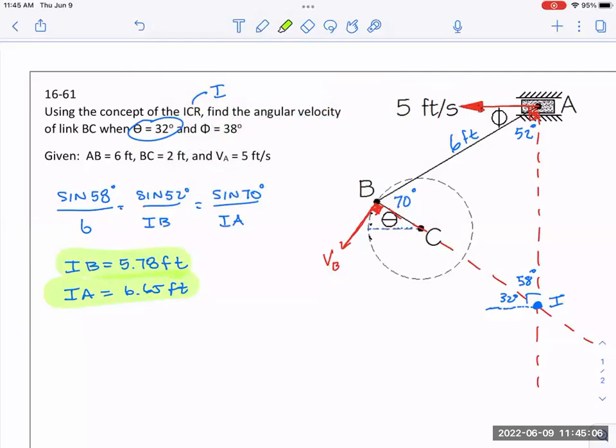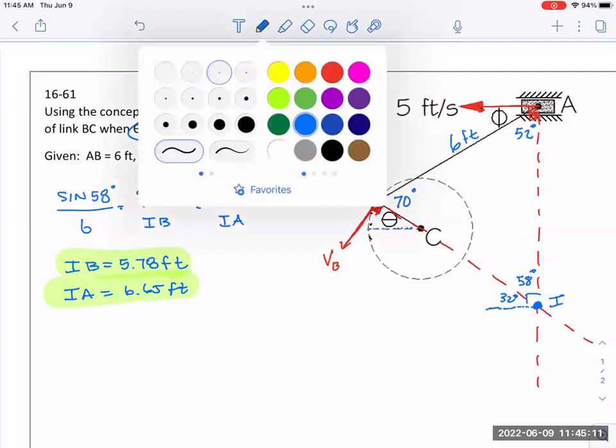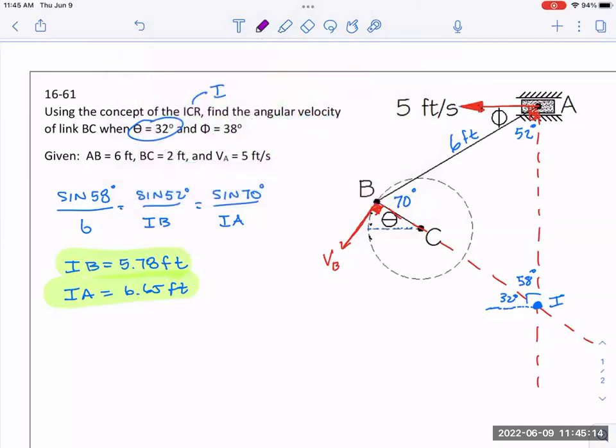So I now know those two radiuses. Just so that it's easier to see the logic of all of this, I'm going to go write them in where they belong. This is 6.65 feet. We said IB was 5.78. Do you notice those are both rotating in the same direction? Those two vectors, those red vectors up there, they're both causing this whole triangle